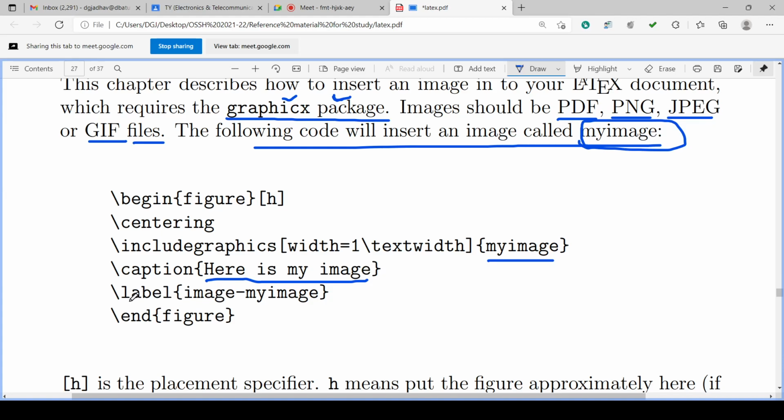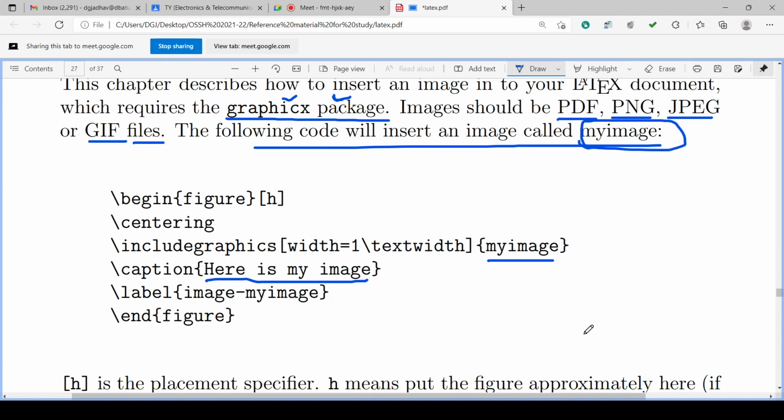Then we can label it: backslash label curly bracket image dash my image. My image is the file name. And then backslash end figure. So begin figure and end figure are there. In begin figure, H is there, which is the placement specifier.